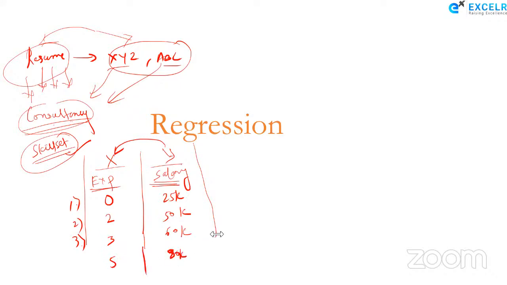Okay. And now tomorrow I get a person, okay, who is having 4 years of experience. Now in this table, we don't have a salary for 4 years of experience. Okay. There is a person who comes with 4 years of experience. Now, can we predict what salary he might expect in the industry? Is it possible to figure out what might be the salary he can expect? Correct, Gangotri, between 60 to 80. But if I want to figure out or predict the precise salary,